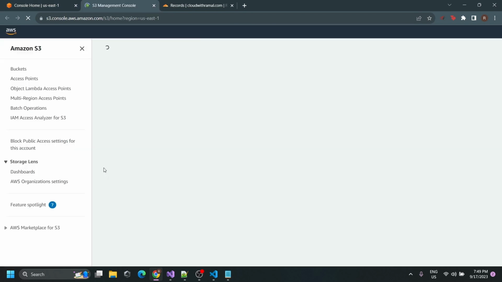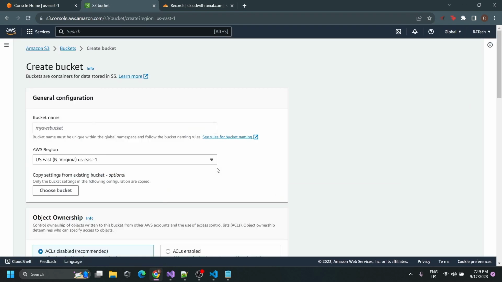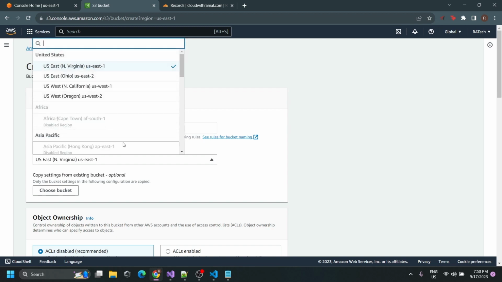So I'll open up S3 here and click on create bucket. Here you can give a bucket name, and this bucket name should be the name of your URL. So let's say your website is test.cloud.com, so that should be your bucket name. In my case I'm going to use static website dot cloud with ramal.com. So we have to change your bucket name according to your URL and select